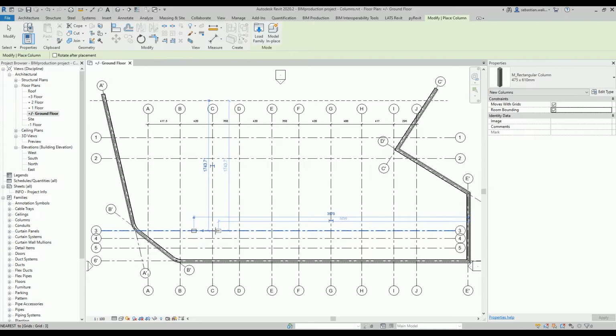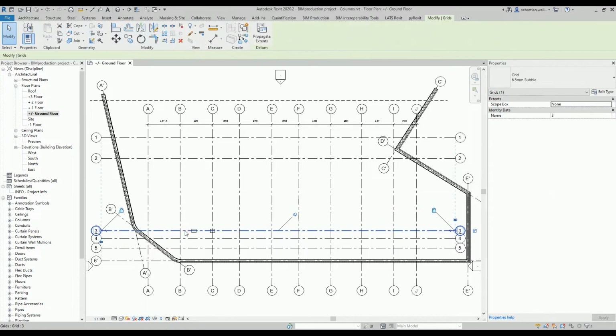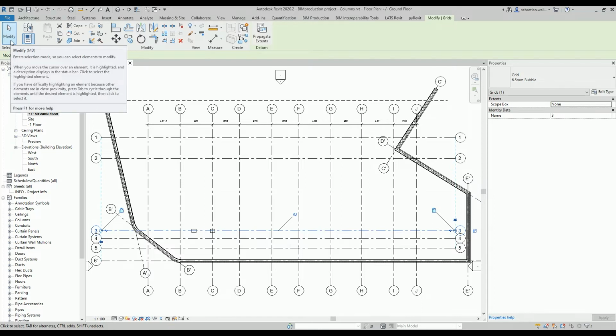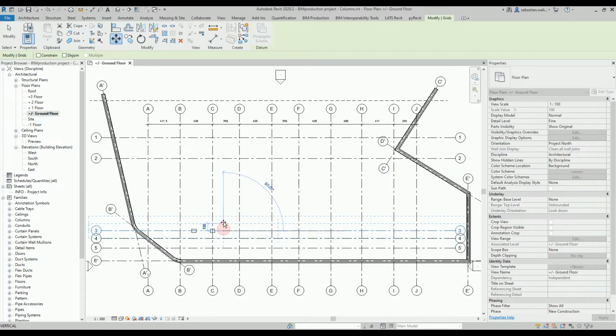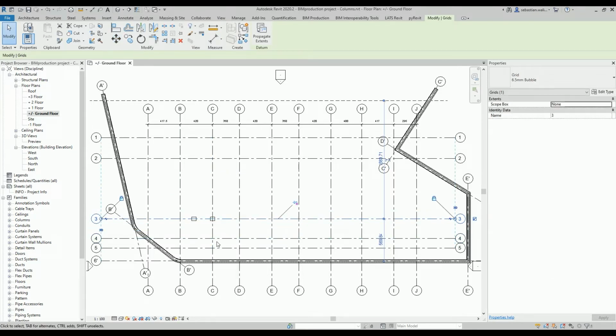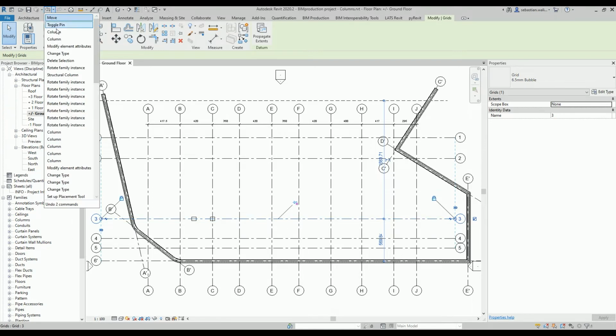I will place two simple architectural columns on the grid. Now I will double escape, or if I don't like to use my keyboard, I can use modify to exit and cancel the architectural column tool. Then I will unpin my grid number 3 and move it, and as you can see, my column follows the grid. So it's quite useful that we have this option right here. I will undo my changes,